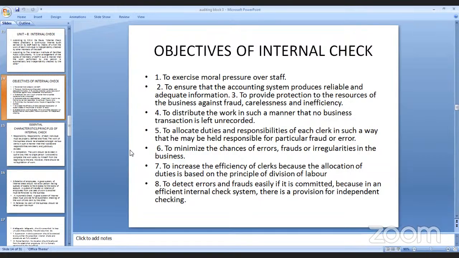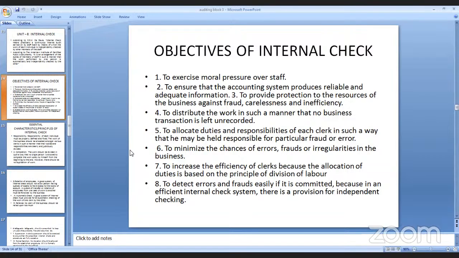Next, to protect the resources, like land, labor, capital, and the organization of a business, and to protect the business from fraud, carelessness, and inefficiencies, the internal check will control the frauds, carelessness, and inefficiencies in the